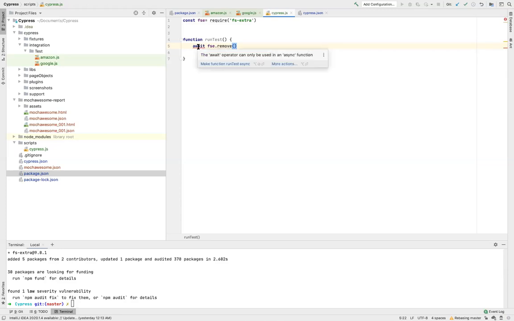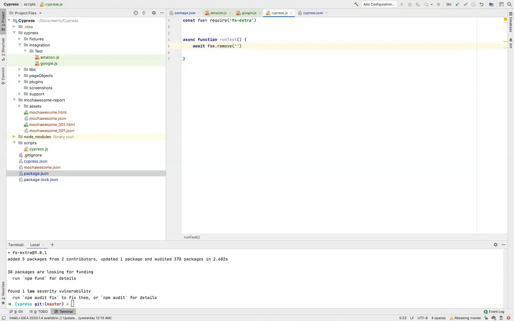Okay, I started getting an error. Since await can only be used with an asynchronous function, this is done to improve CPU utilization, so that while it's waiting for this function to complete, it can run other parts of your code. That's why it's always used with an asynchronous function.